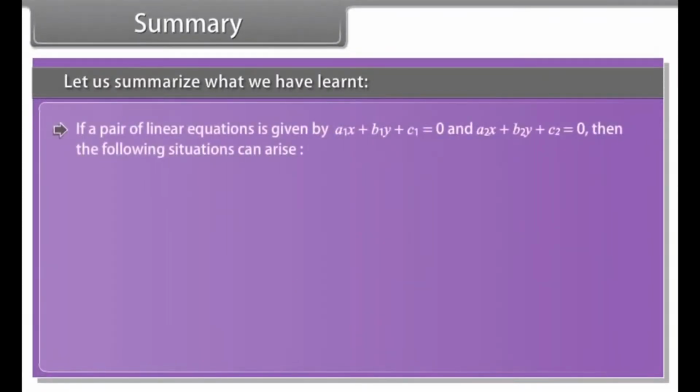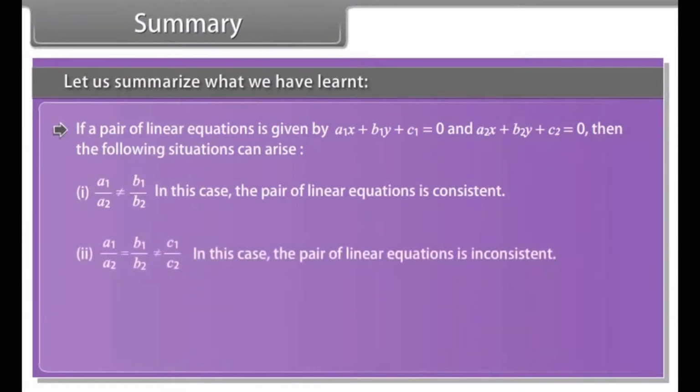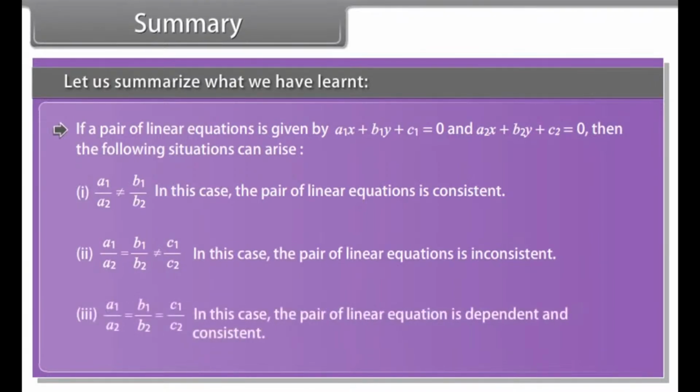If a pair of linear equations is given by a1x plus b1y plus c1 is equal to 0, and a2x plus b2y plus c2 is equal to 0, then the following situations can arise. 1. In this case, the pair of linear equations is consistent. 2. In this case, the pair of linear equations is inconsistent. 3. In this case,